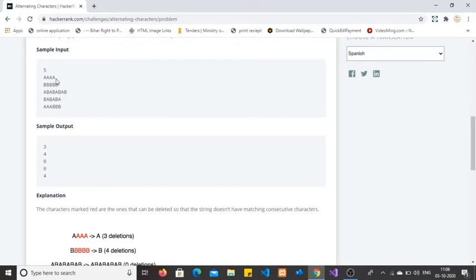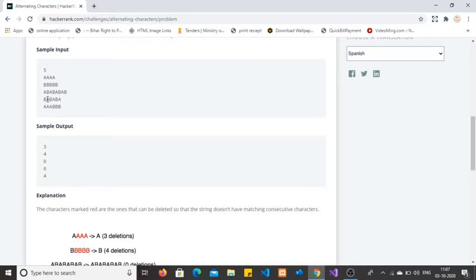We can see here the first string is 4 times A. If we remove 3 characters, then the remaining character A will be unique and no adjacent character is the same. Similarly, AB, AB, AB, AB: in this no adjacent character is the same, so we don't need to delete any character.